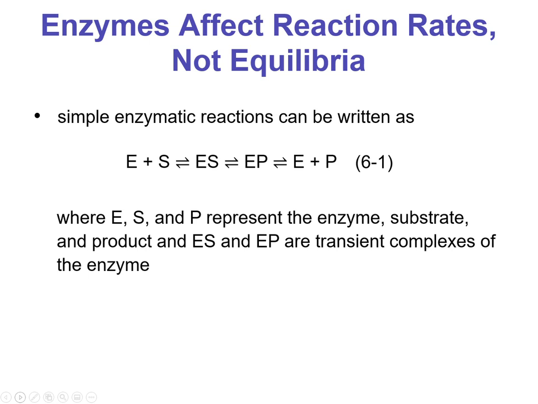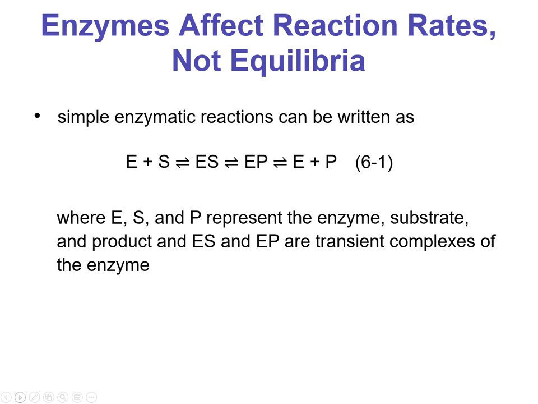If we're looking at a simple enzymatic reaction, the first step, we've got the enzyme, which is E, binding to the substrate, S. And that is a reversible reaction. So that's what those double arrows are, reversible. We form an ES complex. After that, you have chemistry happen, and you form the product. That oftentimes is also reversible. Enzymes can do the forward and reverse reaction, but it's a matter of which one is more favorable,